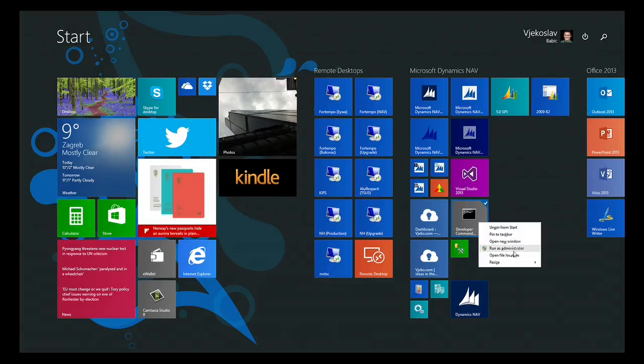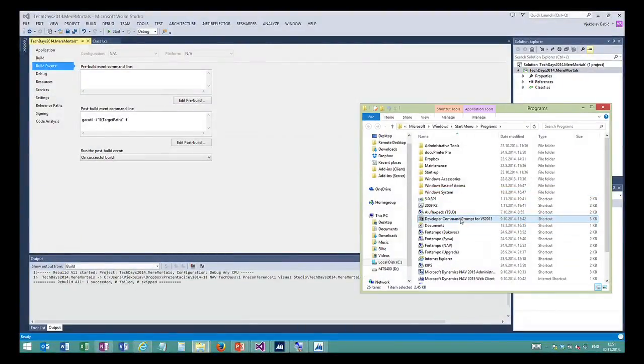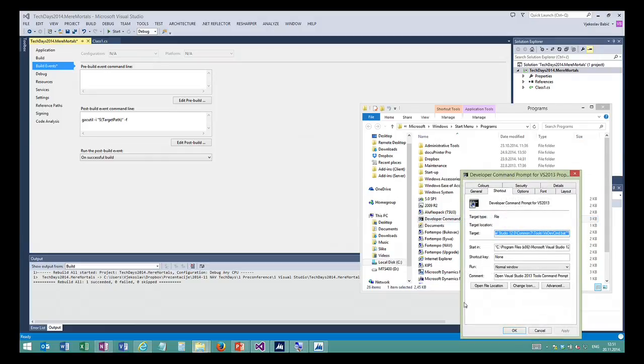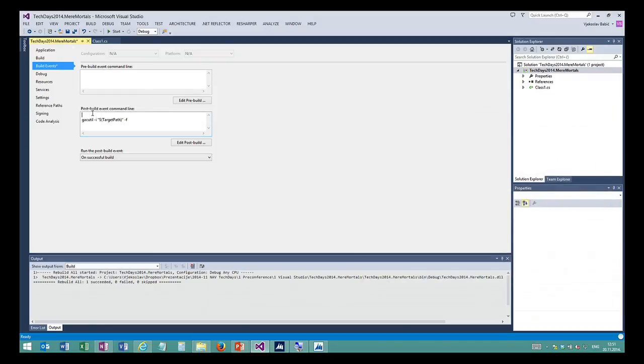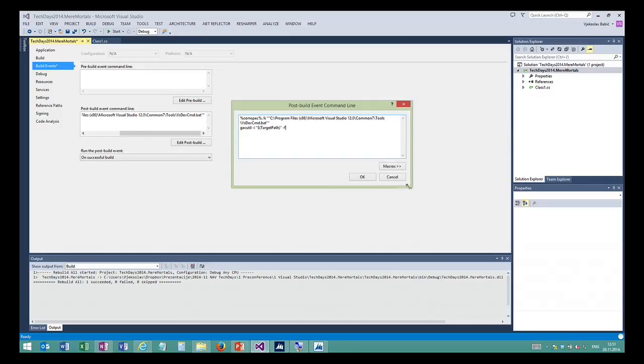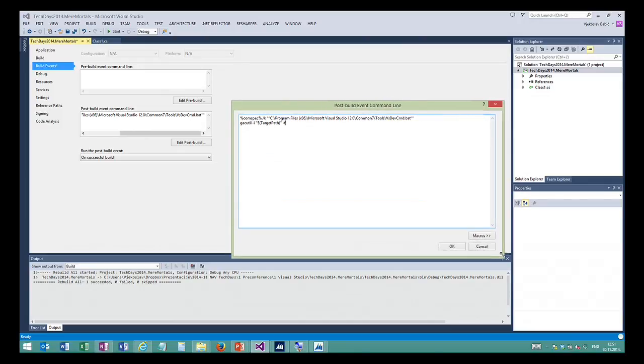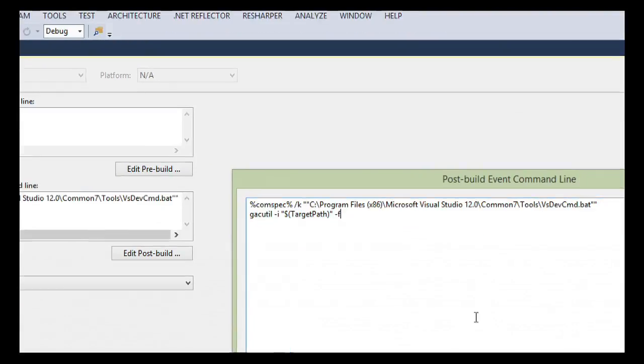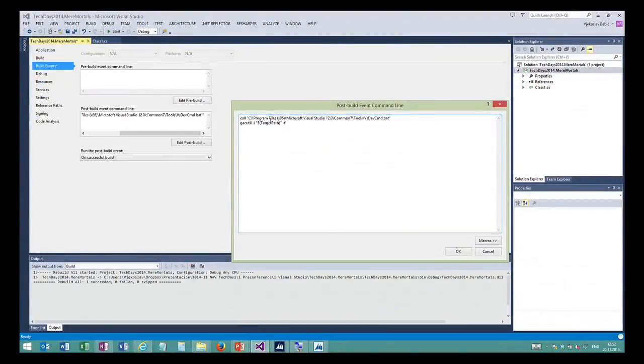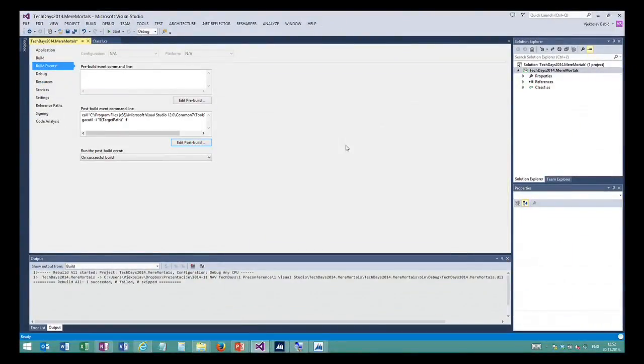So I'm opening the file location, then right-clicking here, properties, and then taking this target box and just pasting it in here. I need to clean it up a bit, so I will expand this so that you can see what I'm doing. We'll zoom in once more, and since this is not a command prompt, I need to take this out, and I just need to put call, and I need to take this last quotation mark out. And then I will click OK. So when I build